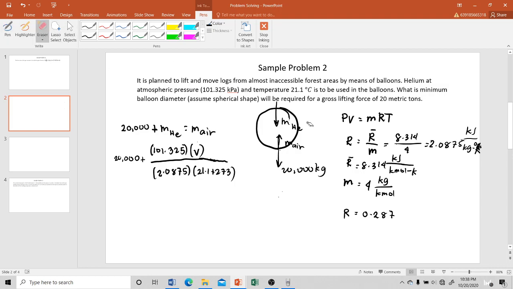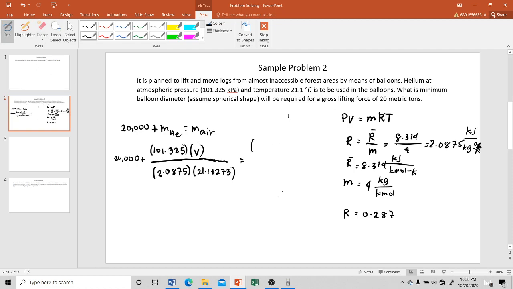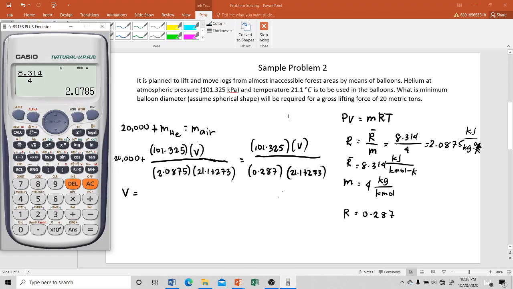Then for the air, the equation is equals to 101.325 times the volume over 0.287, the gas constant of the air, and then the absolute temperature of the air, which is 21.1 plus 273. So now we can get the volume of the